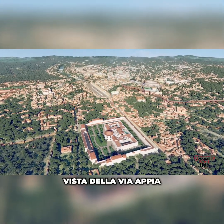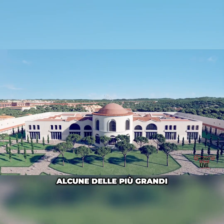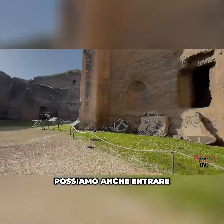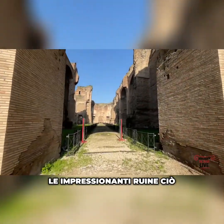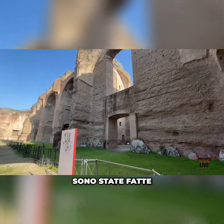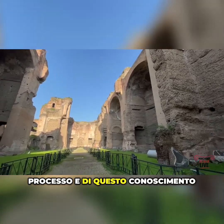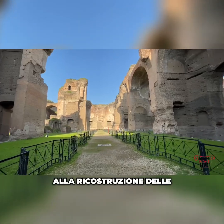Now we have a great view of the Via Appia, and next to it, the Baths of Caracalla, some of the greatest imperial baths ever constructed, and we have a beautiful reconstruction of the baths. We can also go inside today and take a look at the impressive ruins. What is so amazing about the Baths of Caracalla is that they were made in 5 years, and we have an accurate rendering and study of exactly that process, and that knowledge, that scholarship, has gone into the reconstruction of